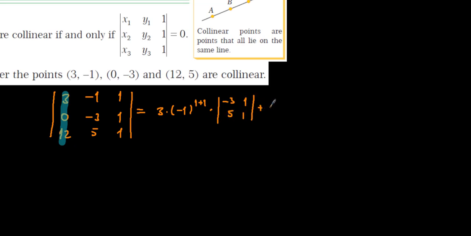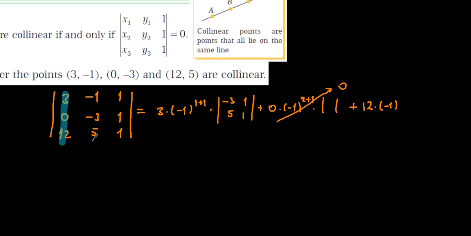Then here 0 times -1 to the power of, this is second row, first column, 2 plus 1, but since it is 0 times something, whatever the minor matrix, this part is going to be 0. That's why I'm not going to calculate that part. Then the last part is coming, 12 times